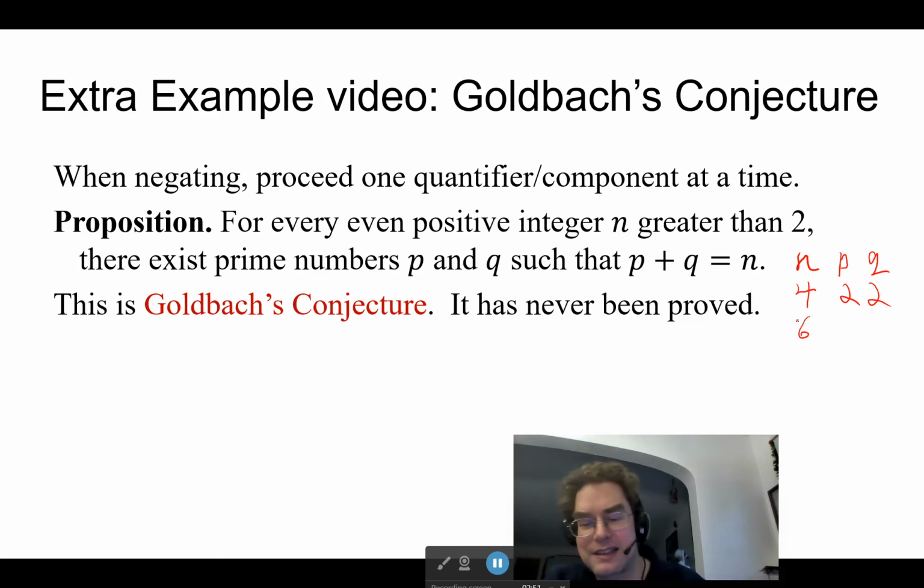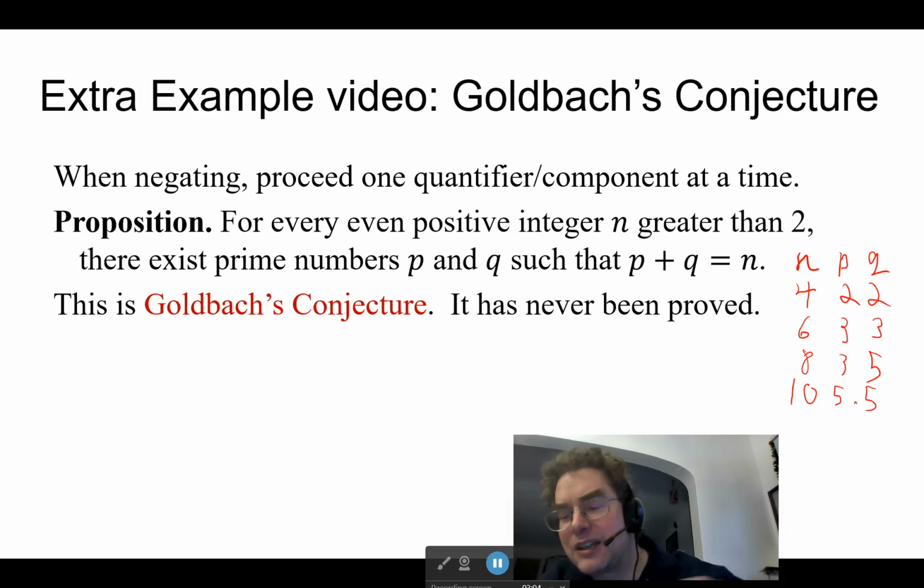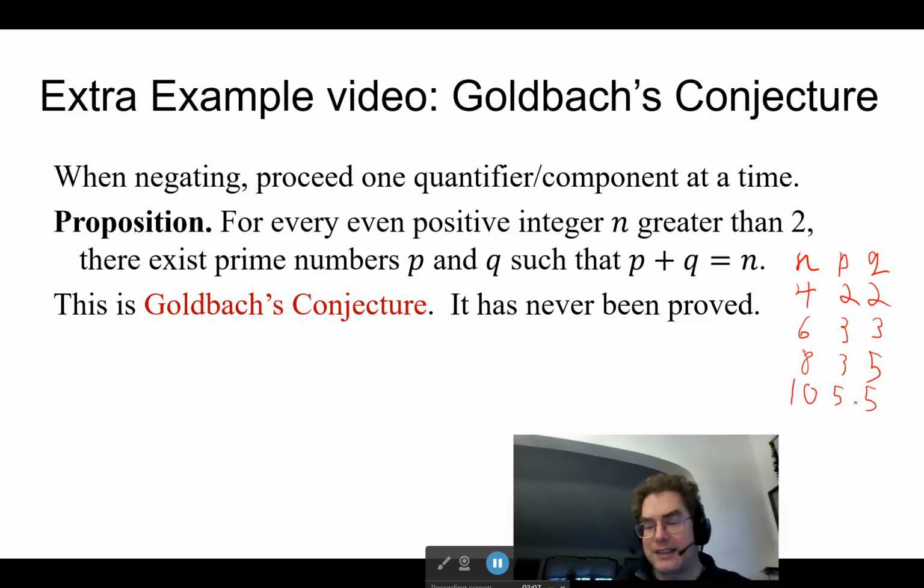You say, well, what about 6? Well, 6 is equal to 3 plus 3. And I need to try 8. 8 is equal to 3 plus 5, or vice versa. 10 is equal to 5 plus 5. Okay, and you can keep going like that, and people have. And so have computers, and they've taken this up into the billions. And so far, every even integer greater than 2 that you try has been expressible as a sum